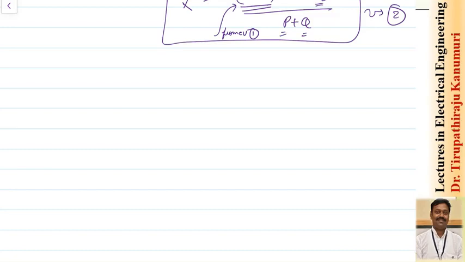Now coming to the length, we know that the resistance up to some particular distance depends on the length, because R is equal to rho L by A, so the resistance is proportional to the length. So we can tell that X depends on, let us assume the length up to point X from the sending end, I am taking as Lx. So X is directly proportional to Lx. Similarly, R plus X is my loop resistance. It is proportional to the loop length. Let us take L as the length of each cable. Total loop length will be equal to 2 times L because 2 cables are in the loop.